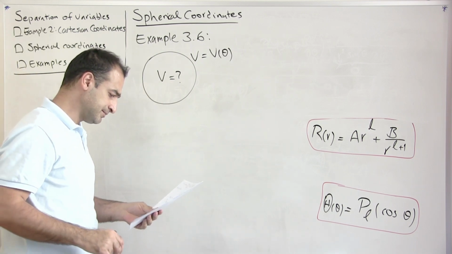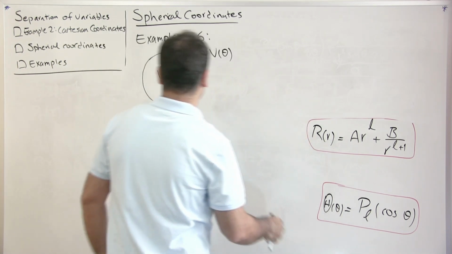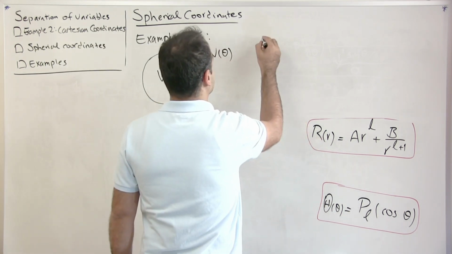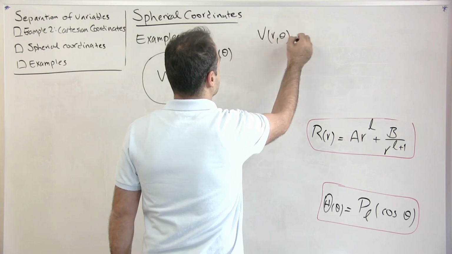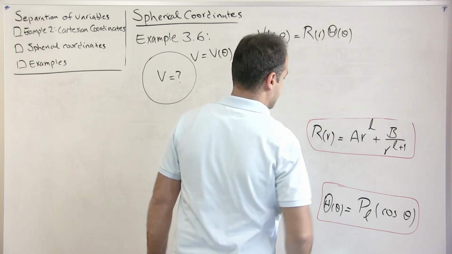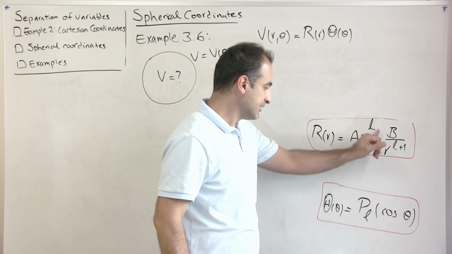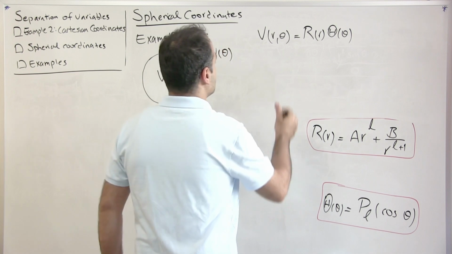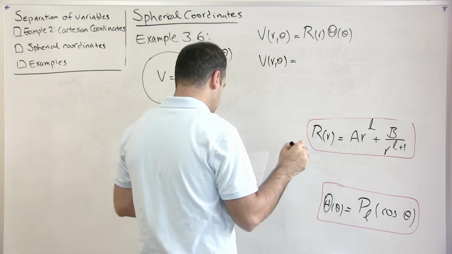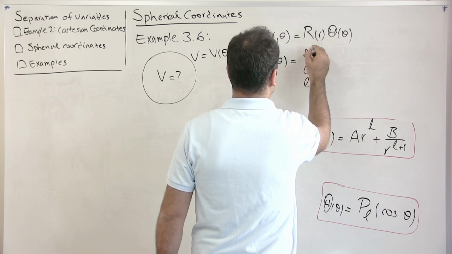Okay, so here, the idea is that we want to use the general solution and then match the boundary condition. So what is the general solution for R and theta? So we said V as a function of R and theta is R times Theta of theta. Okay, so here we have different L values. So the way you can construct the general solution is that you can write it in terms of the summation over L, because any value of L can technically be used. So L from 0 to infinity,